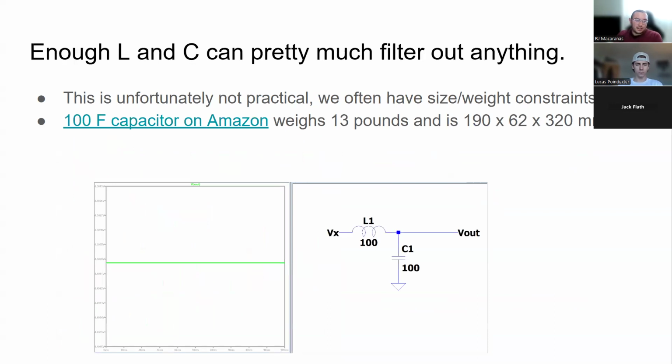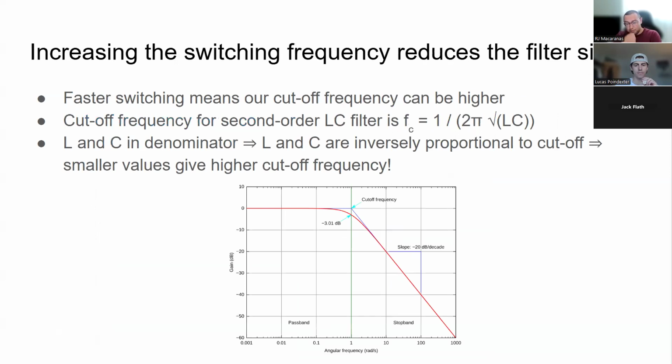So we've done a somewhat good job by increasing these values of the inductance and the capacitance. And of course, if we increase the inductance and capacitance high enough, we can pretty much filter out anything, but this is of course not feasible. So if we have a 100 farad capacitor, for example, these things are 13 pounds, and this is 190 by 62 by 320. That's ginormous. For designing power electronics, we don't want that on our little PCB. But another approach that we can take to reducing the size is,